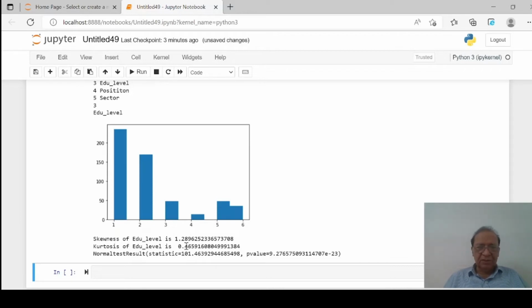Similarly, kurtosis is 0.04. It is not near the 1. It is 0.46. Now the normality test says the test statistic is 101.46, and the p value is e raised to the power minus 23, which means